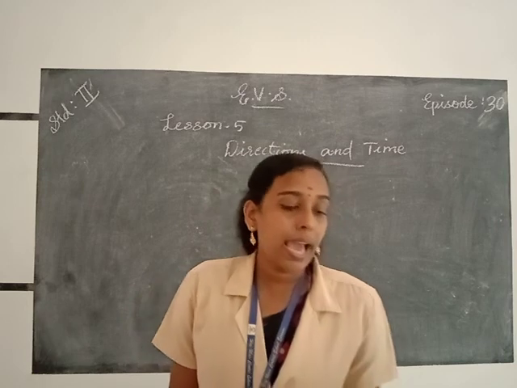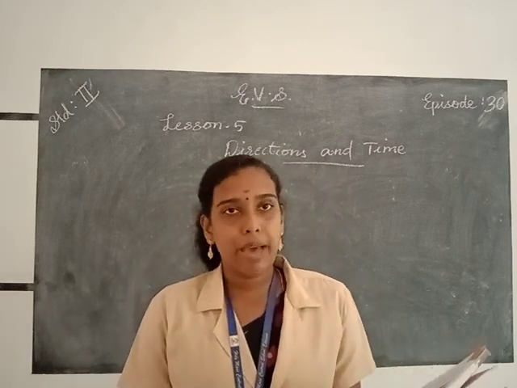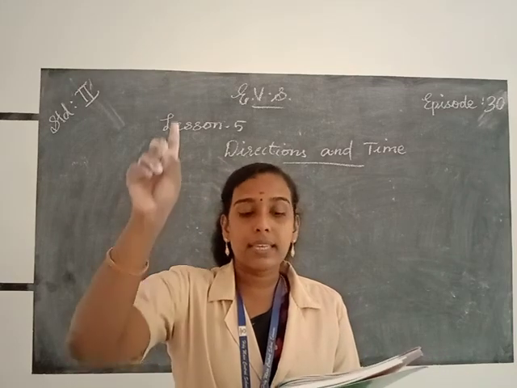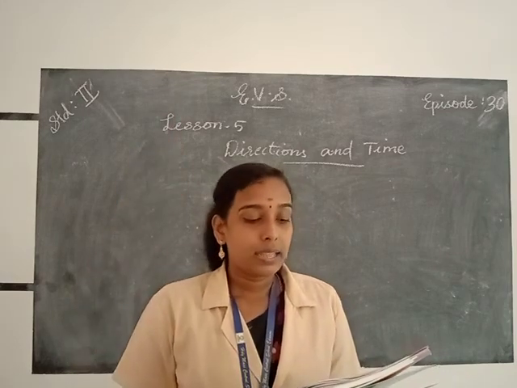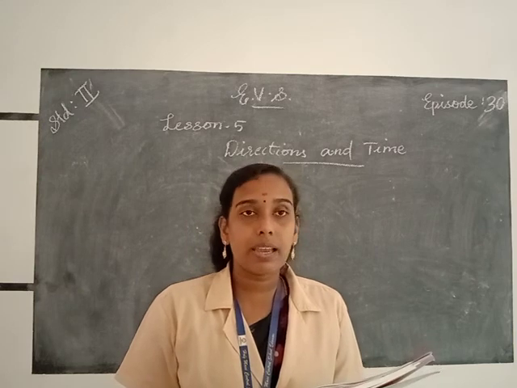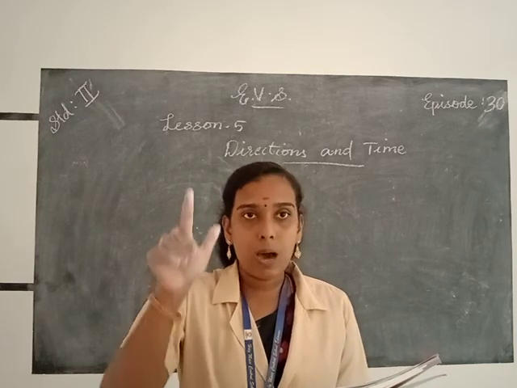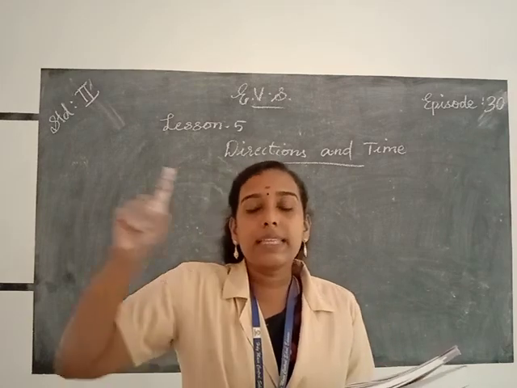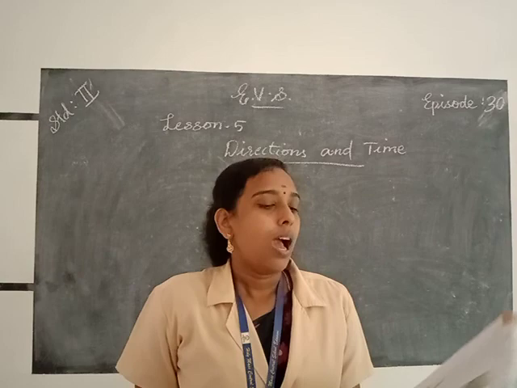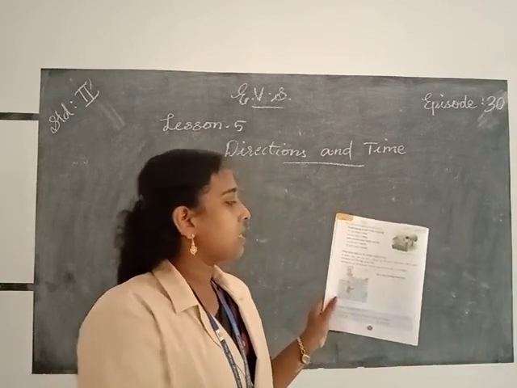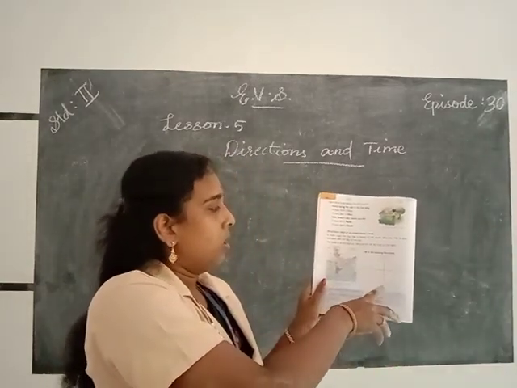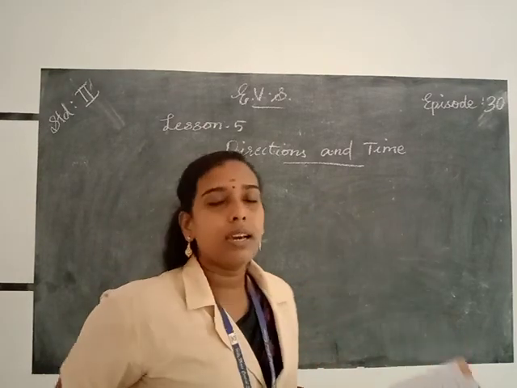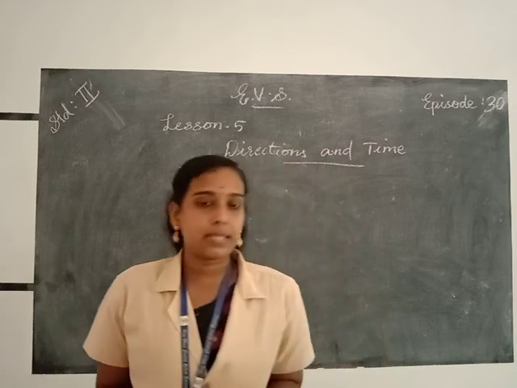And directions help us to understand a map. In every map, the top side is in the north direction. This is also indicated with the sign at the top. The south is at the bottom, west is on the left, east is on the right. And here fill in the missing directions. North, south is at the bottom, west on the left, east on the right. So you fill in the blanks.